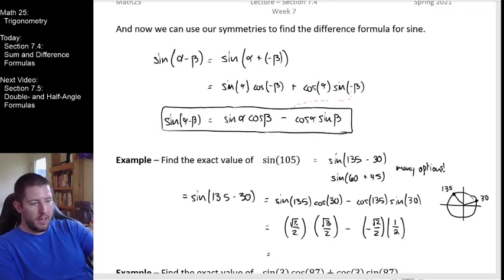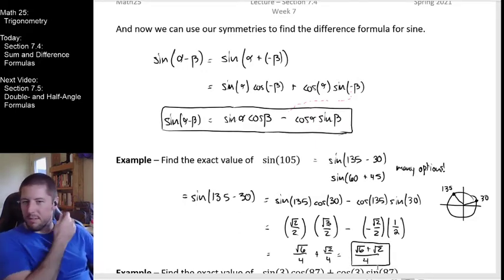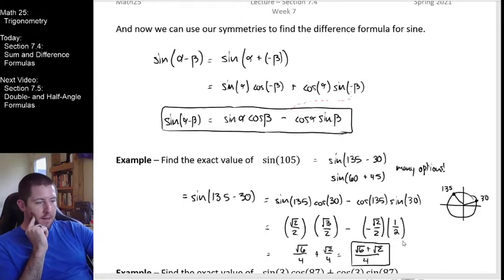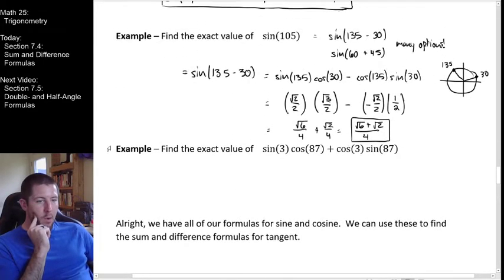So it looks like my final answer here should be root 6 over 4 plus, because we have negative and negative, root 2 over 4. Is this the exact same thing as what we got before? Seems like we're getting the exact same answer as the first question that we asked today. And you should notice that that kind of makes sense because